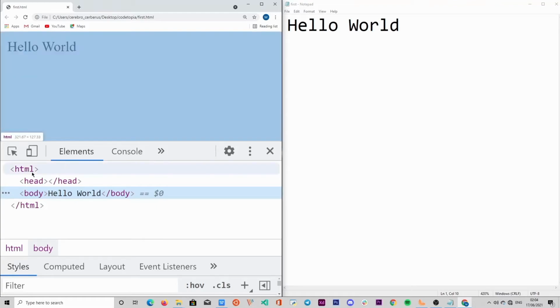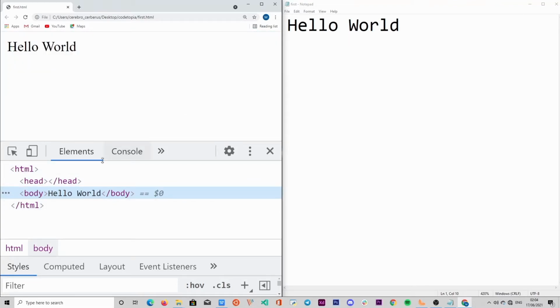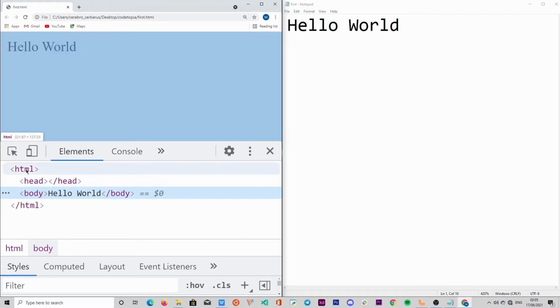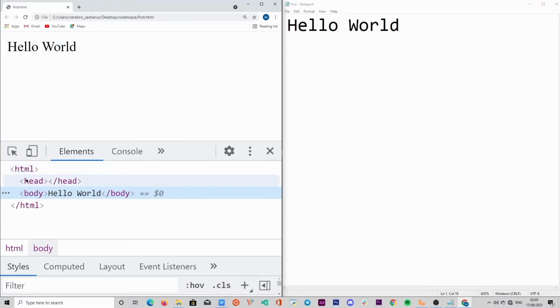Now as you can see here, even though we didn't bring the HTML elements, the head elements and the body elements and all that, our web browser, because we saved our document as an HTML file with the file extension .html, somehow was able to detect that this is an HTML file, and it has automatically rendered that in the HTML structure for us. So as you can see in your developer tool, you have the HTML root element, you have the head element, and also you have the